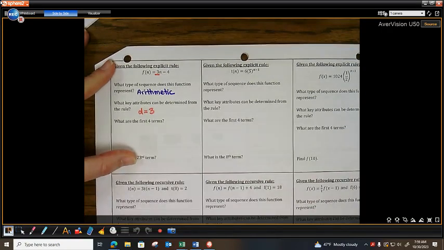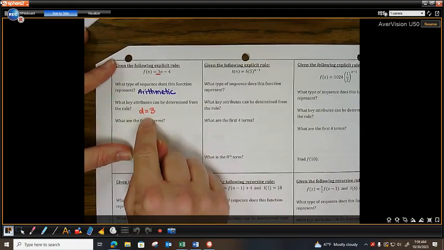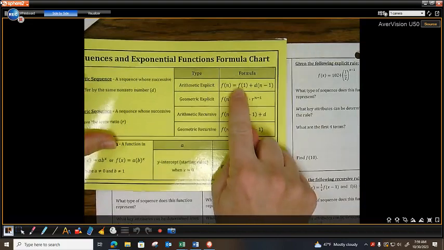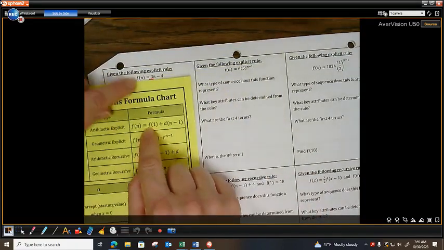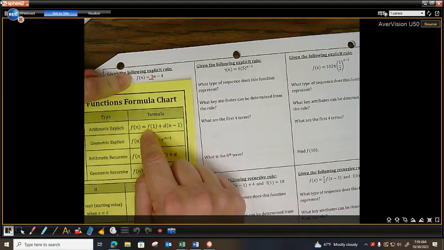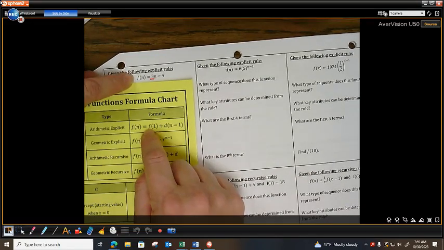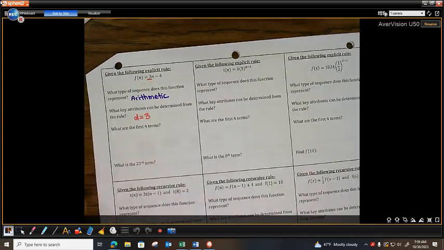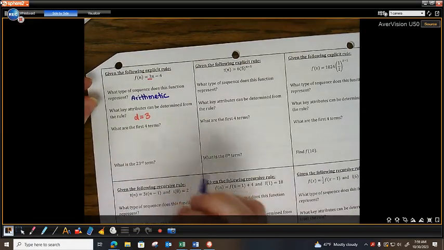Okay? So, I can't find my B value, or I can't find my f of 1, because it's not in the same form. See how these don't look exactly the same? So I can't just look at my formula and find the f of 1. I can't find my first term. But that's okay. I have my change. And also, I have a rule that I can then use to find my terms. It says find the first 4 terms. So I want to find